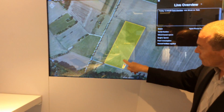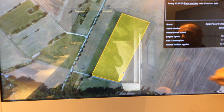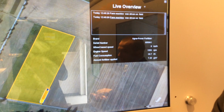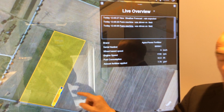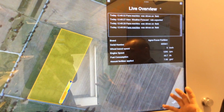Big data from the machine, and you can see it starts to work here, because we measure fuel consumption, engine speed, wheelbase speed, and so on. All of that data is brought together within the geofence. So as soon as a tractor enters a geofence, the data is collected inside the HANA platform. And what's very